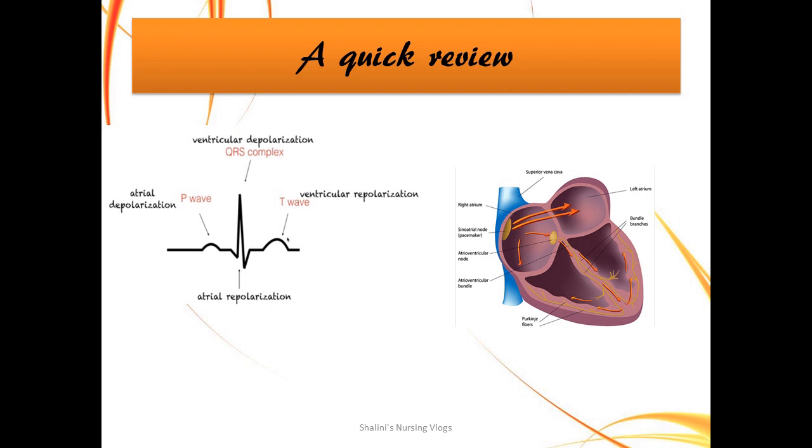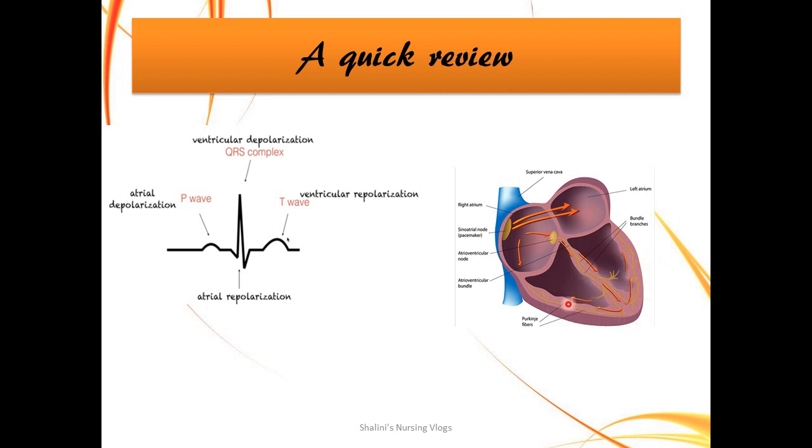This is for the benefit of the ones who have not seen my previous video on basics of ECG. So I'll quickly review the conduction system of the heart. If you look at this picture, this is the SA node, which generates an impulse that contracts the atria and sends the impulse down to the AV node. From the AV node, the impulse moves on to the bundle of His and then bifurcates into the Purkinje fibers